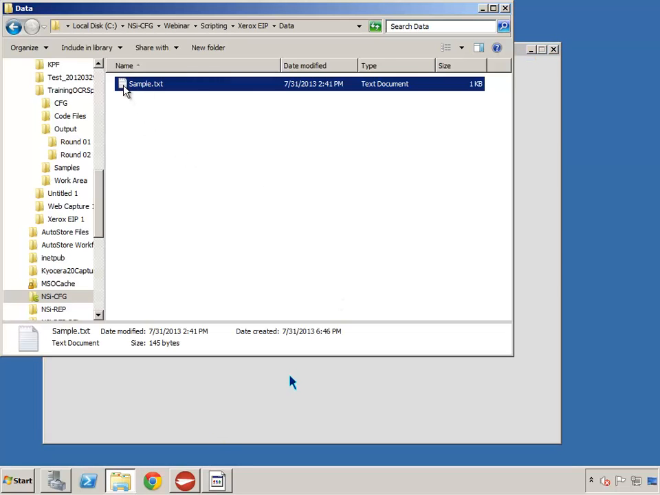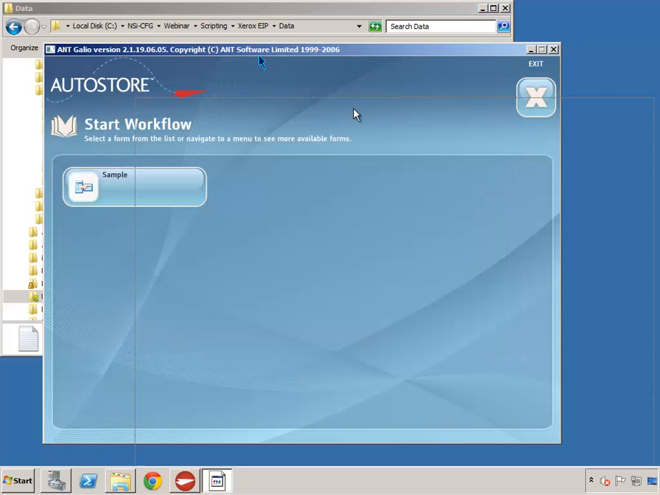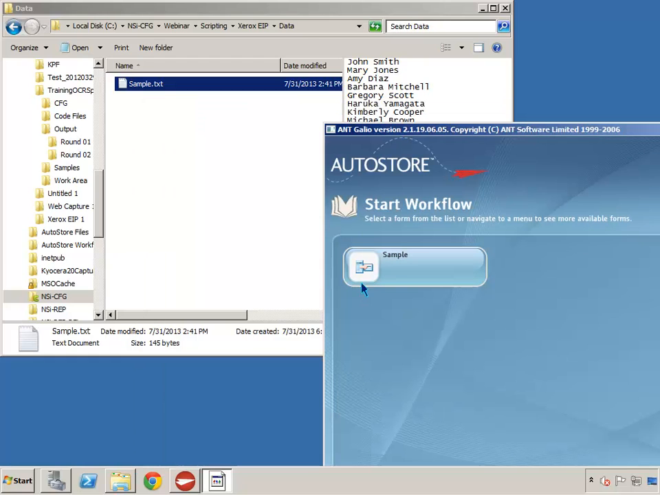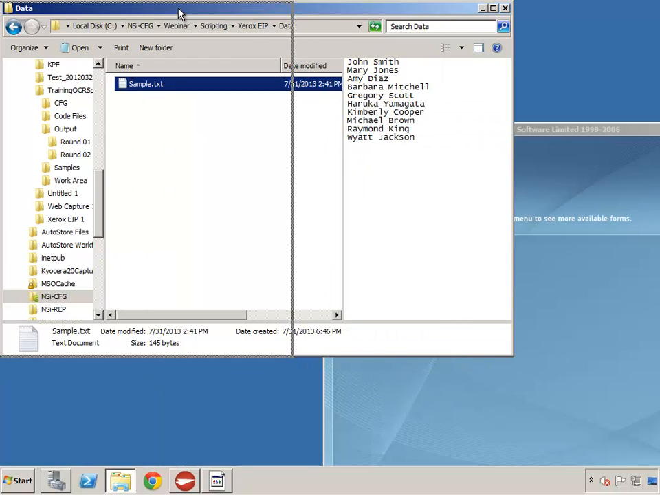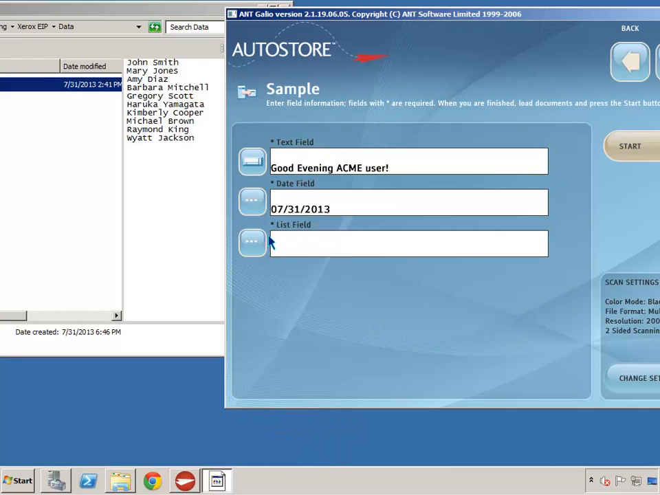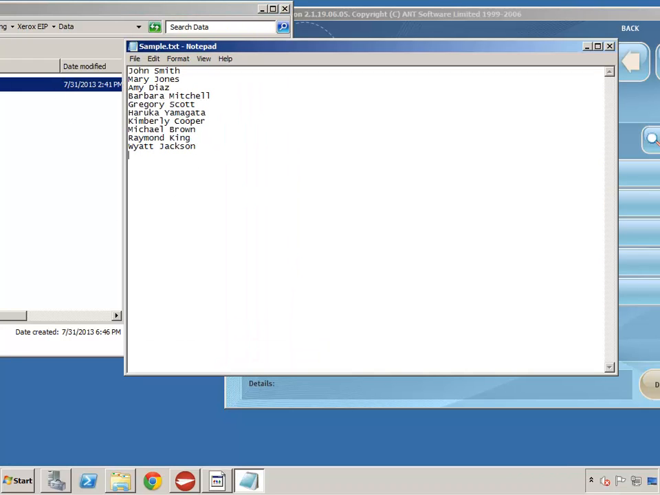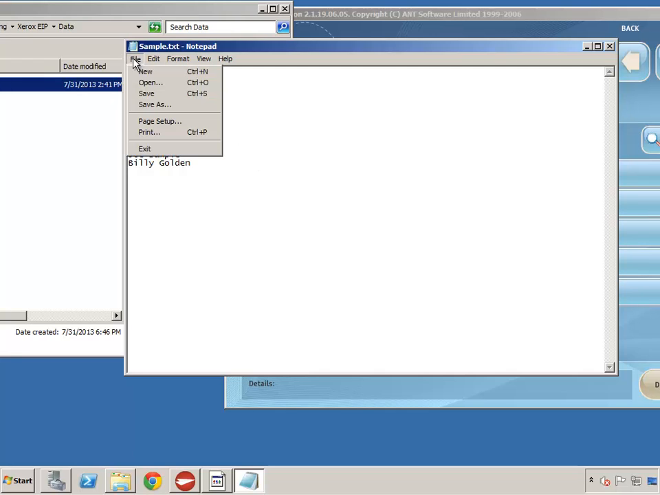And while that's open, I'll go ahead and open up. There's our names, so we should see. Alright, for the list field, there are our names. Now if I were to add a new name to that list, say we'll add Joe Sample, and we'll add Billy Golden, and I save that,